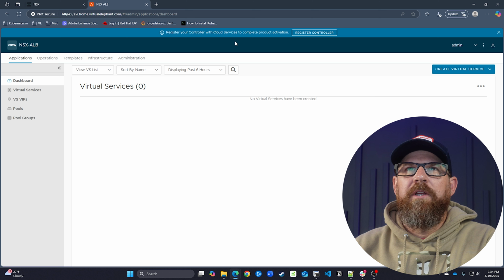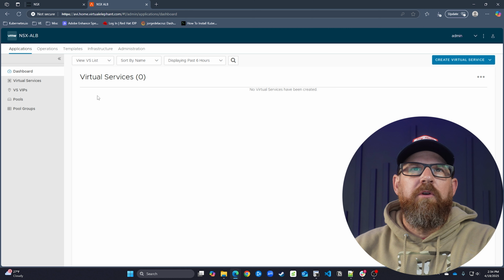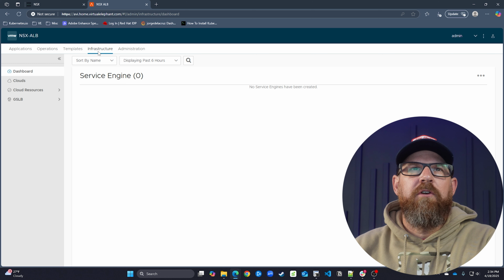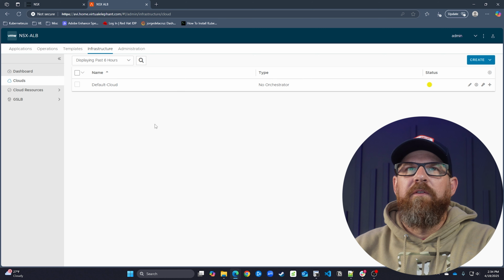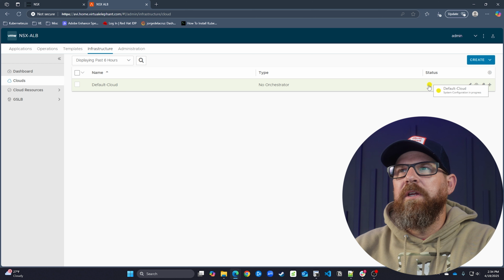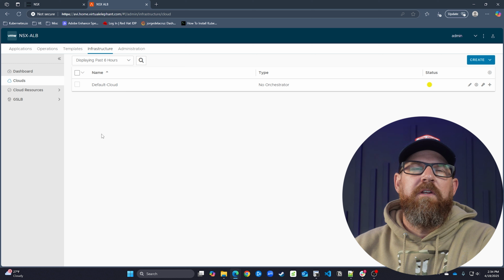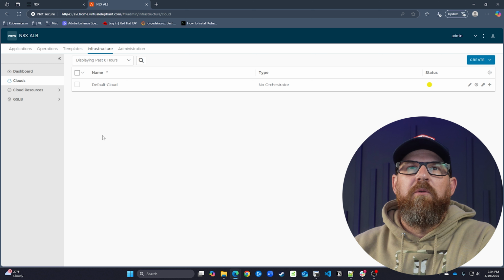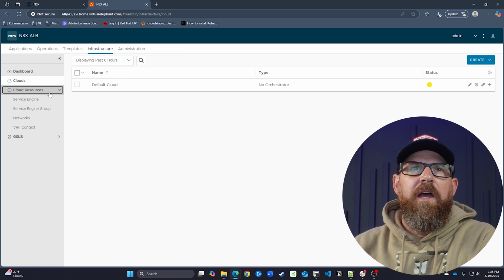And so it's going to pop right here that we don't have any sort of virtual services within our applications. But what we want to do is come over here to infrastructure. We want to look at clouds. We can see here that the default cloud right now is in a system configuration, is in process. So this is going to potentially take a couple minutes to run, but we'll go ahead and let it do that. Meanwhile, we'll look here at the cloud resources and we'll come down here and we'll take a look at